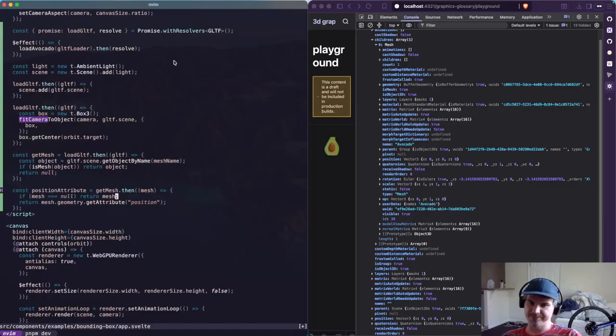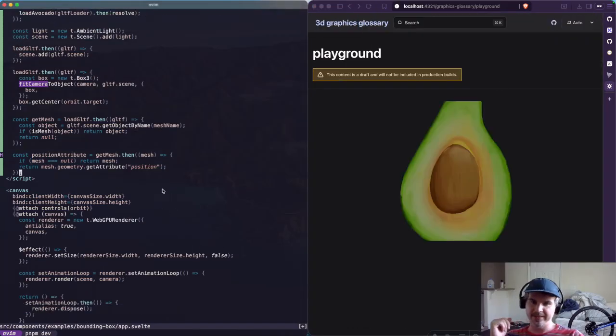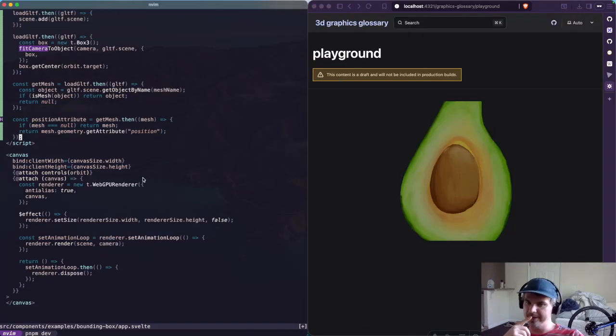But it should have a position attribute. I hope. I mean, it should, because we can display it in here. Okay, so now we have the position attribute, and now we can loop over the positions. So down here,